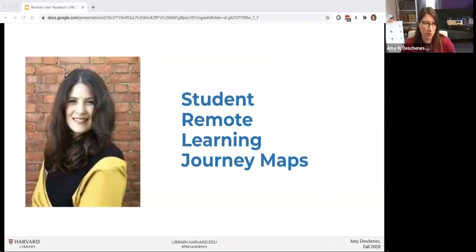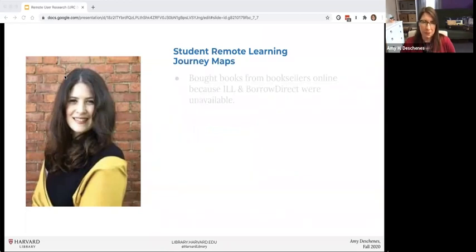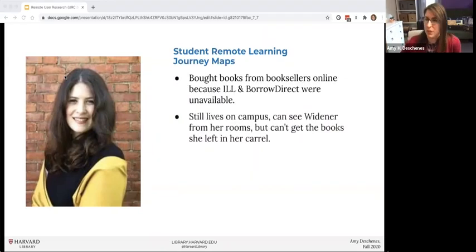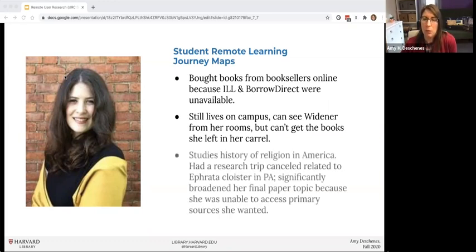So she was, like I said, frustrated having to move online. She felt like she'd be more likely to ask for help from a librarian while working remotely, but really felt like a graduate student should be able to do those things herself. So these are just some of the findings from her journey maps overall. Because the journey maps are so rich and have a lot of detail, we synthesized them together into these student stories.